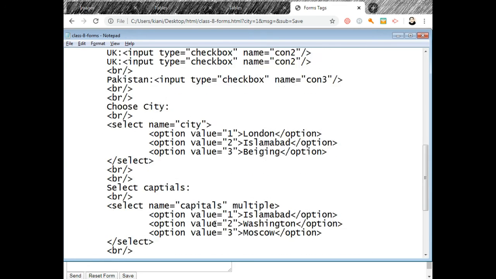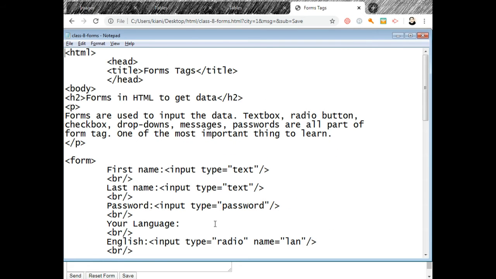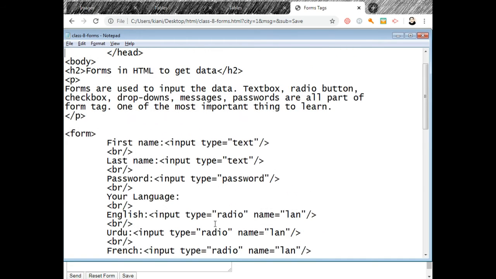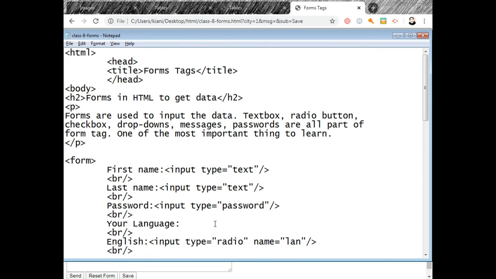So I think everything has been done, but one thing: forms are used to input the data, and another important thing is its attributes. The first attribute is action. Action means where should I send this data, to which file?